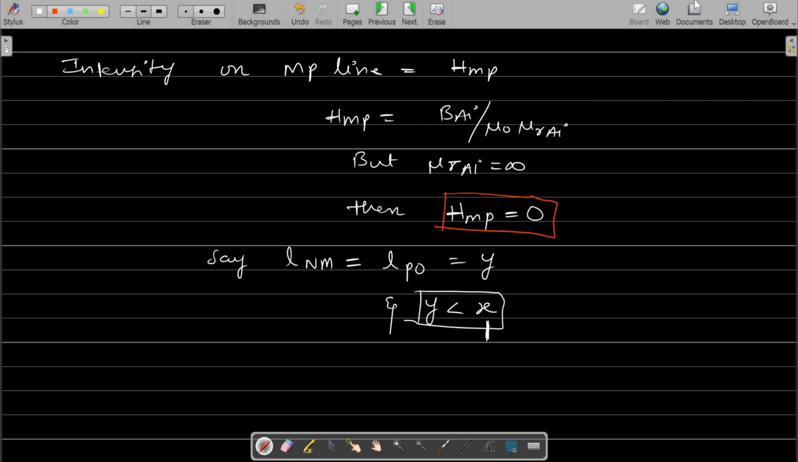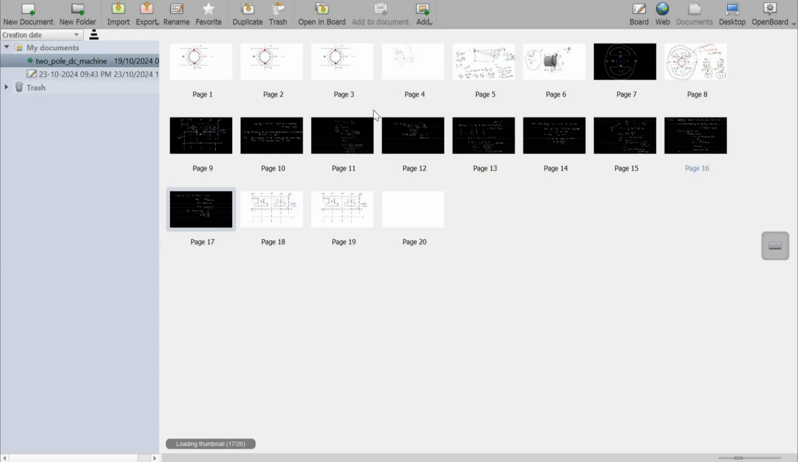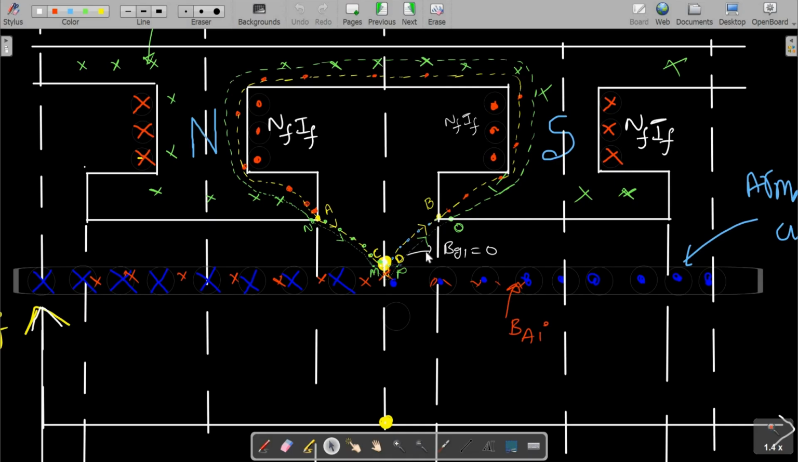This X is nothing but what we already defined in the previous thing. X is nothing but the length of AC and also the length of BD. Since this NM is behind this AC line, you can see that the length of NM will be guaranteed